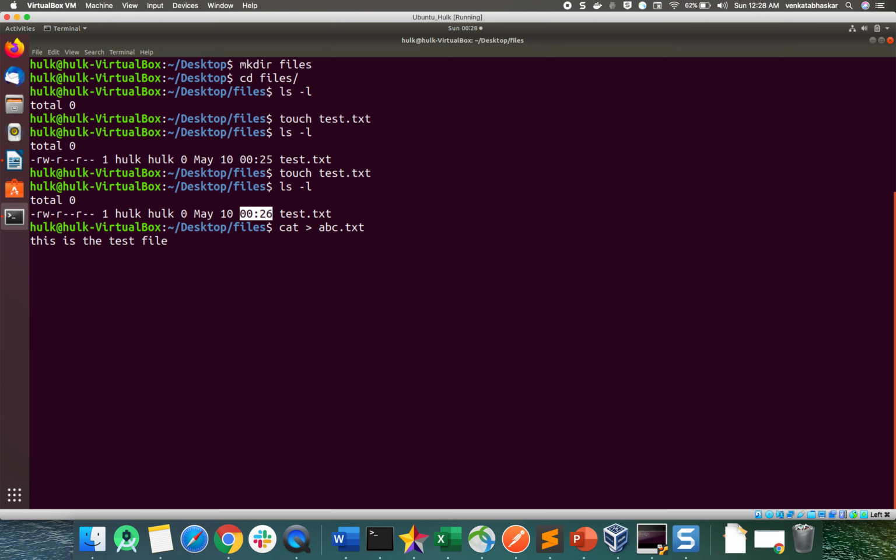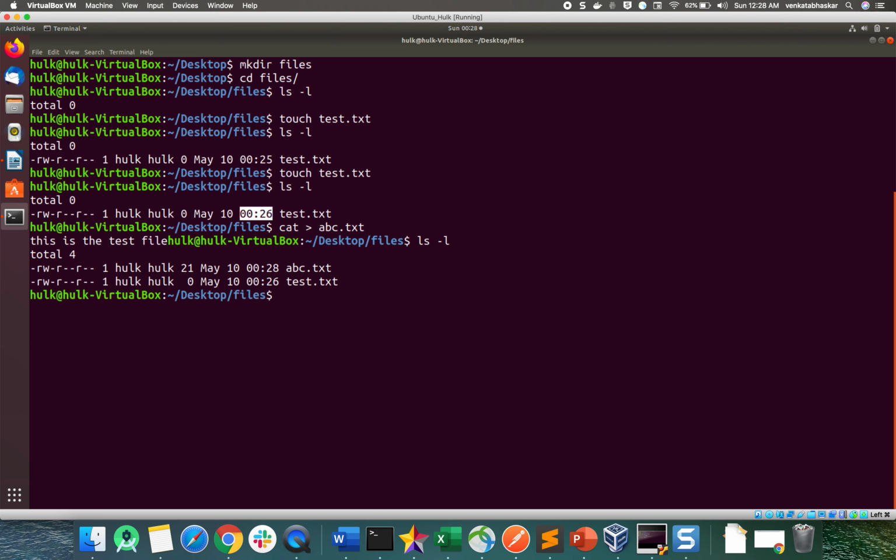Now if I want to exit, you need to enter Control D. What will happen? It will save and exit. If you want to see the data, run ls -l.